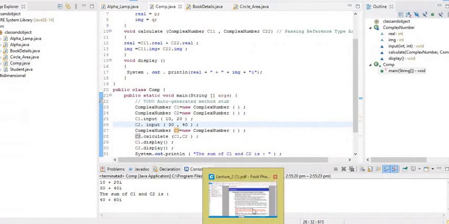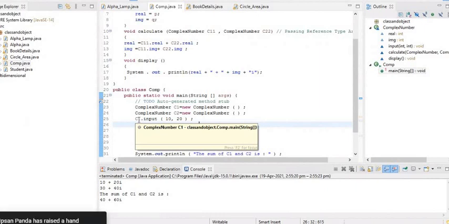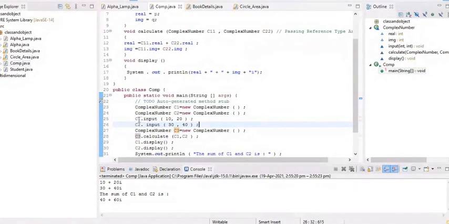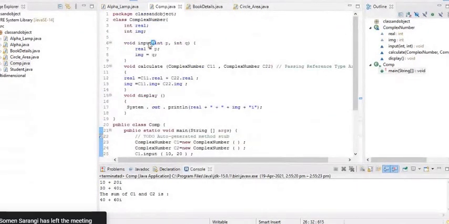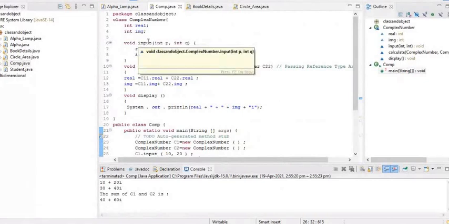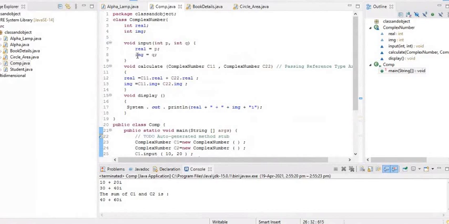Any other doubt? So remember one thing, very important. Whenever a method is called by an object reference, its data members can be accessed directly without using the object reference. Just look here, C1.input. This input method has been called by the object reference C1. So C1 has the data members real and imaginary. I can use real and imaginary directly without using the dot operator.